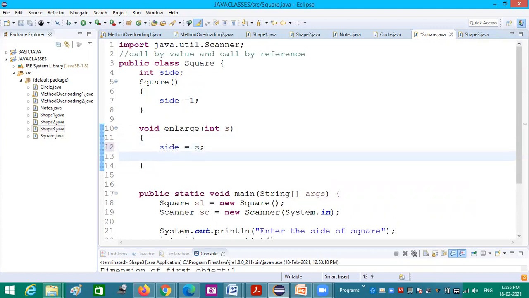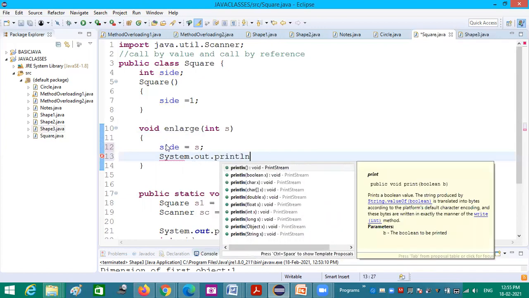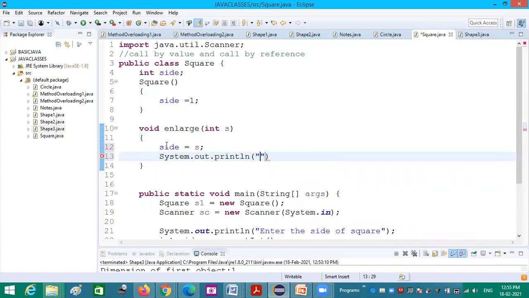Then I am calculating the area. System.out.println area is equal to side into side. Okay, area equal to side into side.